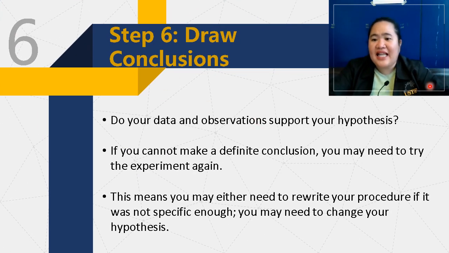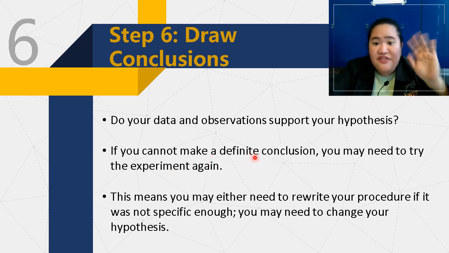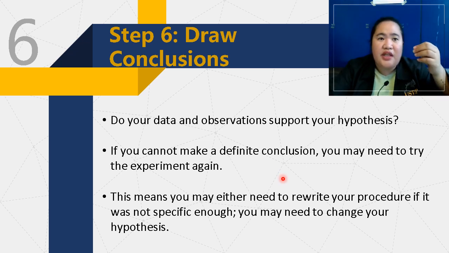So in step 6, class, after you analyze and interpret your data, you're going to draw a conclusion. Okay. So with all the results, class, and analysis of your data, what conclusion can we draw? Do your data and observation support your hypothesis? If it is a yes, you're going to accept your hypothesis. Okay. So if you cannot make a definite conclusion, class,